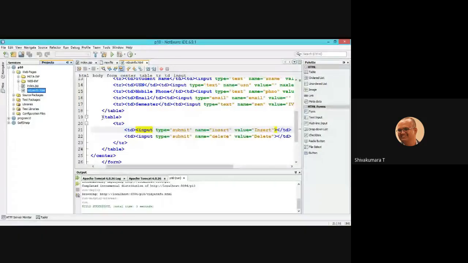So I'll go back to the HTML page design. Rather than going with the button controls, I am going with the select control.